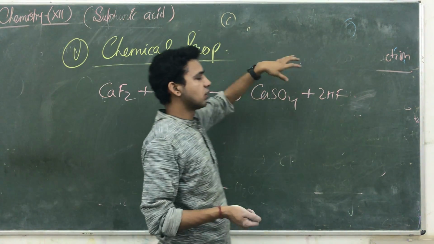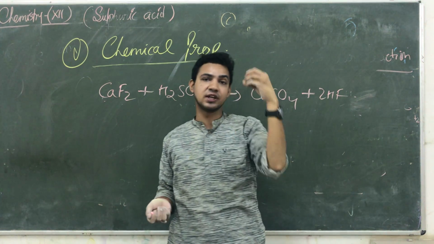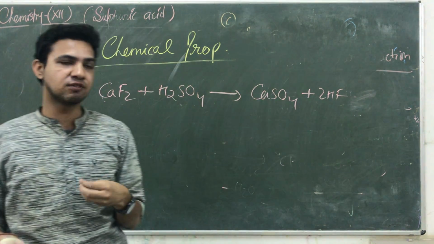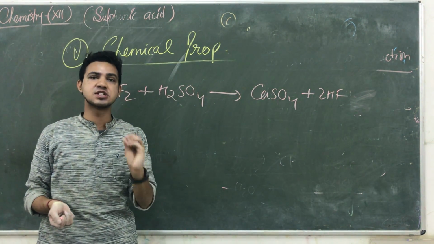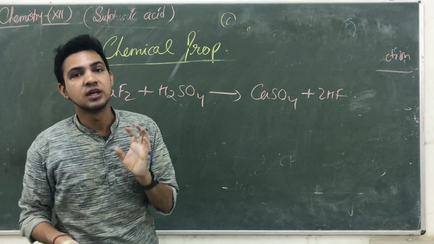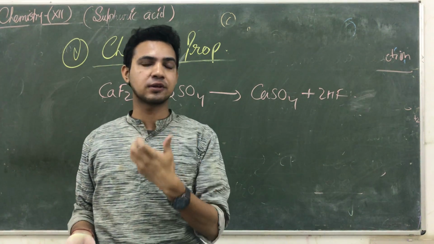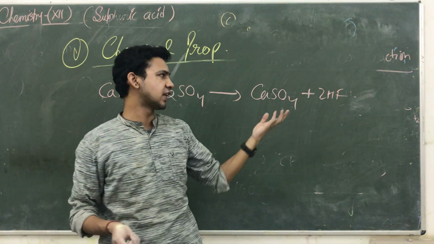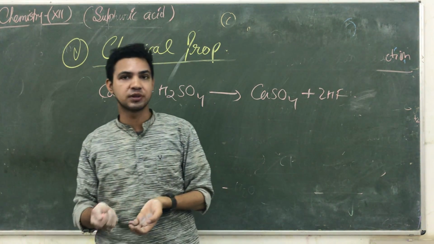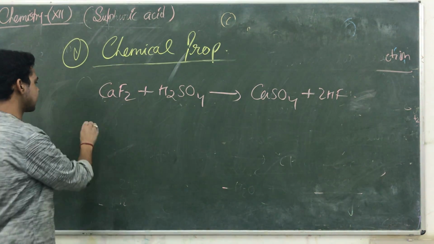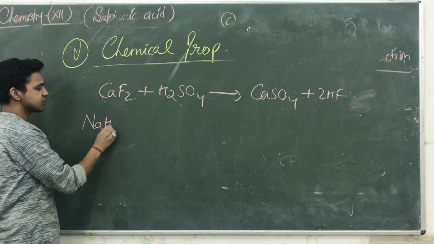हाँ, वैसे ये वीक होता है मगर रिएक्शंस में काफी हाईएस्ट होता है. If it suddenly falls on your hands or anything, it creates a hole. So HF has a highly reactive nature and HF is highly sensitive towards the glass. इसकी रिएक्शन कभी भी कांच के बर्तनों में नहीं की जाती. If you are performing your reactions with HF, we use a plastic material. Okay. The next reaction, the last one, is reactions with salt.